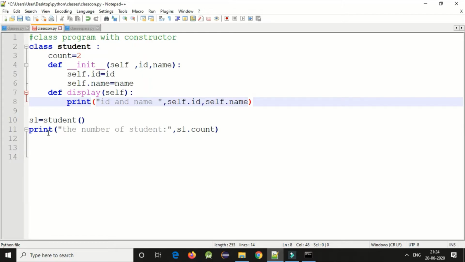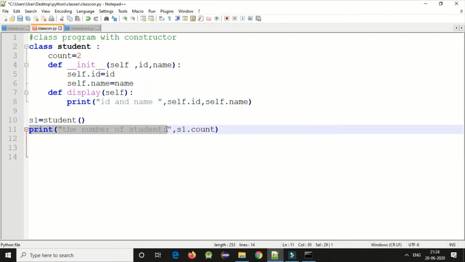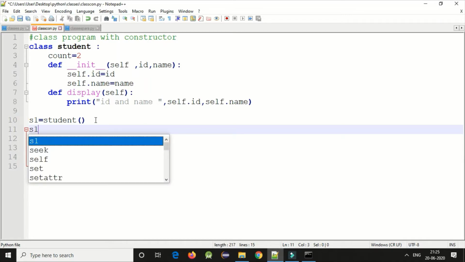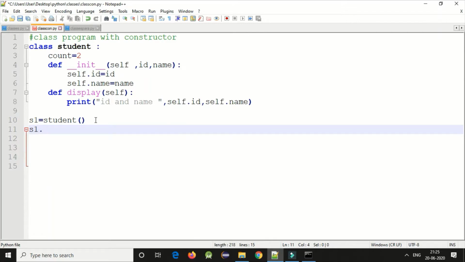Now I have already created this object. I will just call the display function: s1.display.